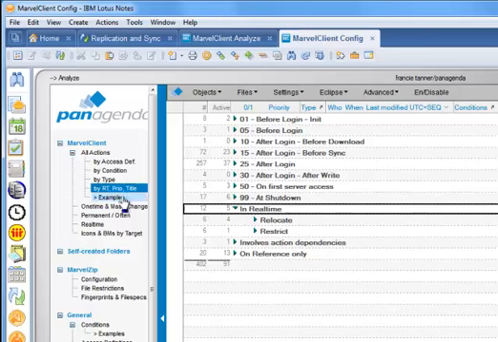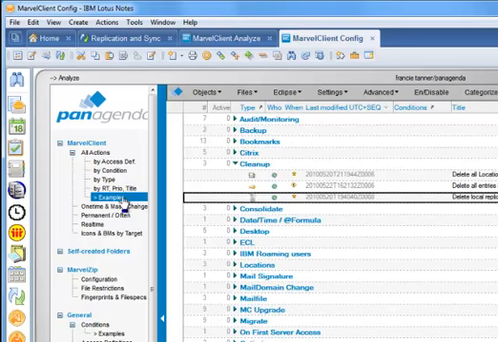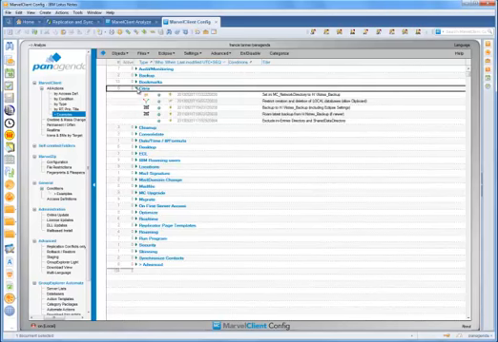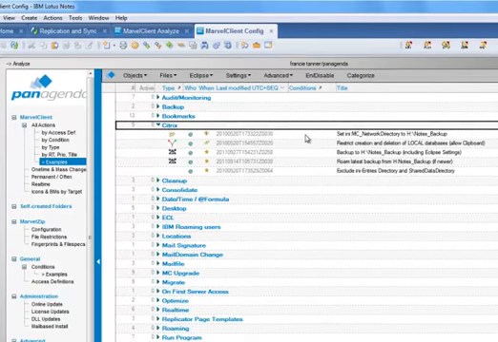Now let me show you some of the things we can do with MarvelClient. We currently ship with 104 example actions. This makes it very easy for you to get started. For example, you have a Citrix environment you want to manage. Here's everything you need to know to seamlessly deal with your Citrix users or even roam from nodes into Citrix